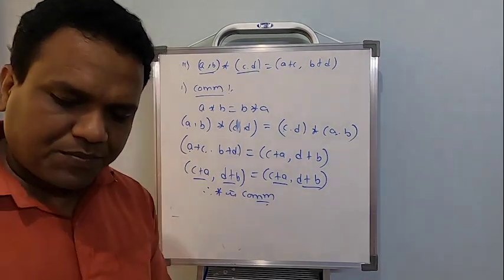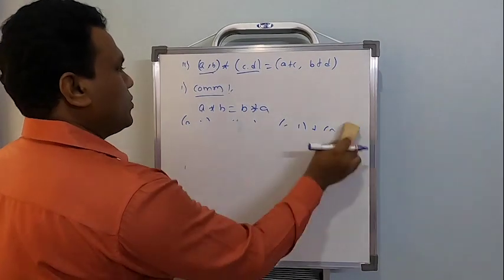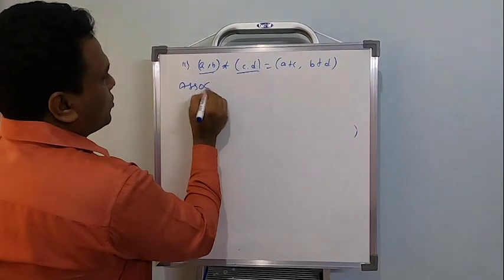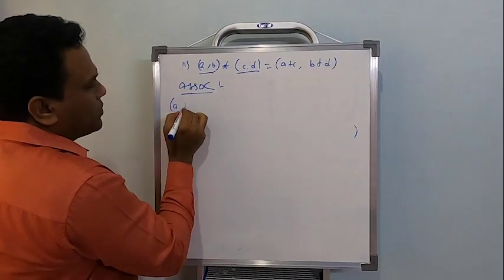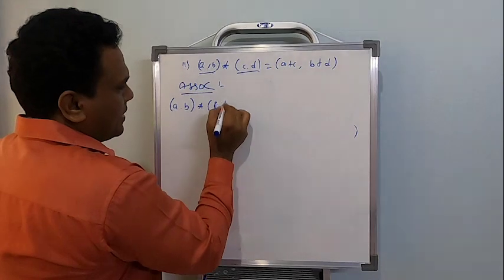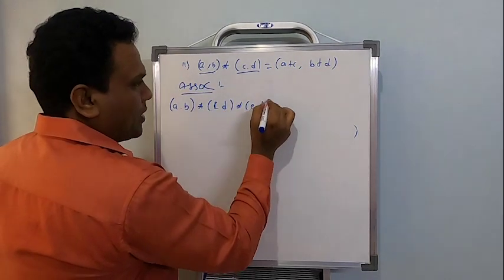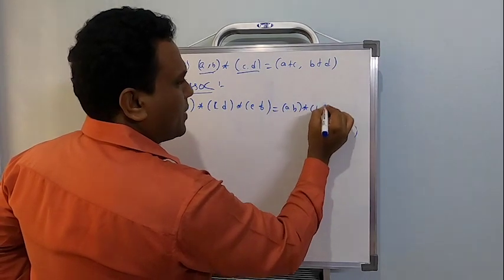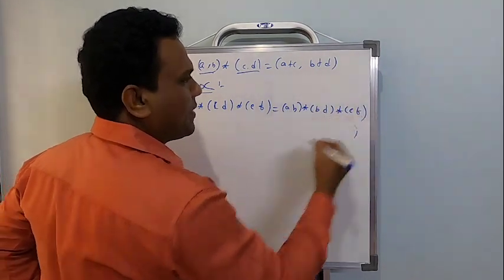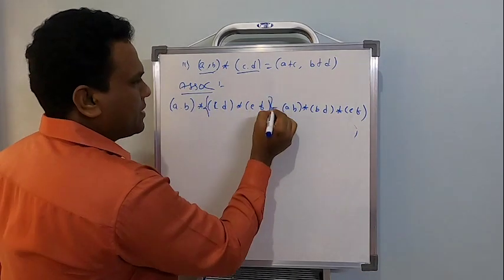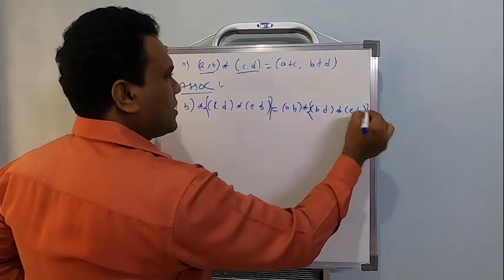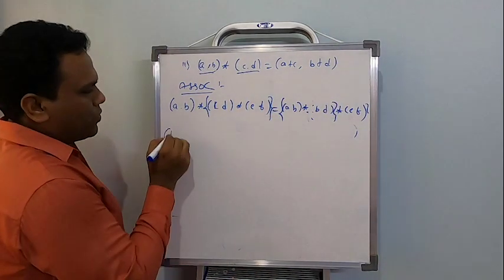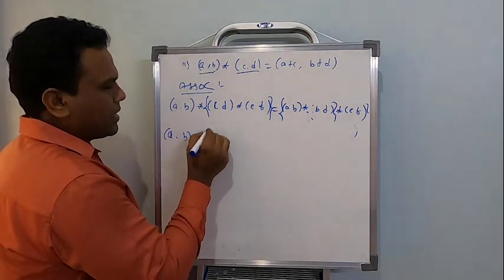Now the second one is to check for associative. We need to exactly show it's associative. So (A, B) star (C, D) star (E, F). Remember, I need one more element to check for associative, right? So let me associate these two here, and then I will associate the first two elements on the right side. So (A, B) star